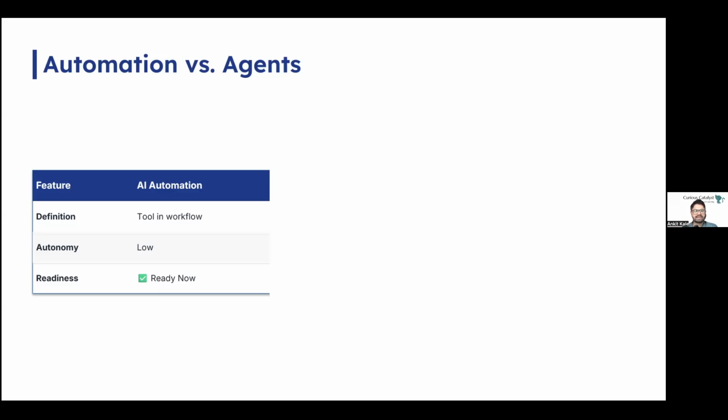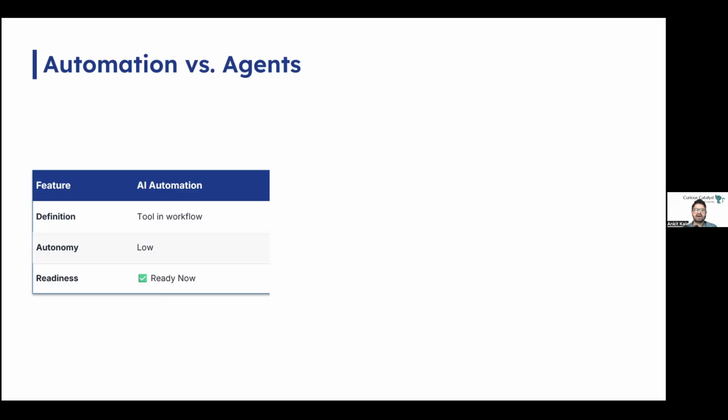Now, the first one is AI automation. This is using AI as a component within your existing workflow. Over here, AI does one specific thing, which is, let's say, classifying an email, extracting data from a document, analyzing sentiment. Then your workflow uses that output to decide what happens next.